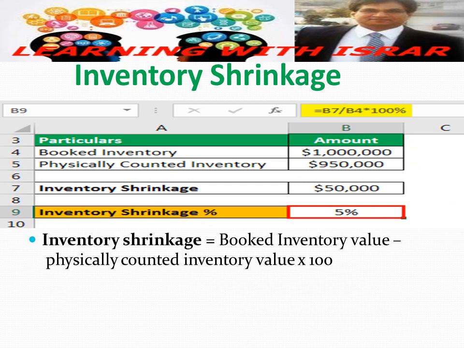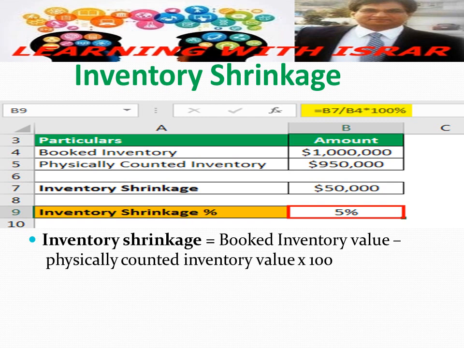Okay, the next KPI in inventory management is inventory shrinkage. Inventory shrinkage is the amount of inventory a company should have on hand but cannot account for. So the company lists these products for sale but either does not have or cannot sell them. Shrinkage usually results from theft, damage, miscount or fraud. So how do we calculate that?